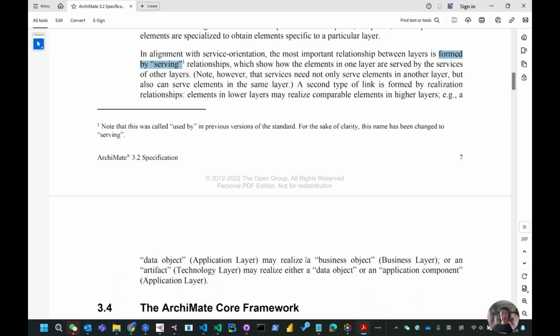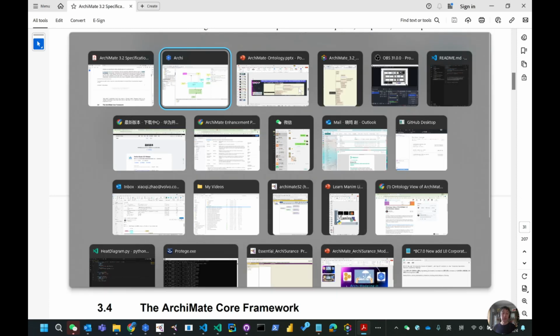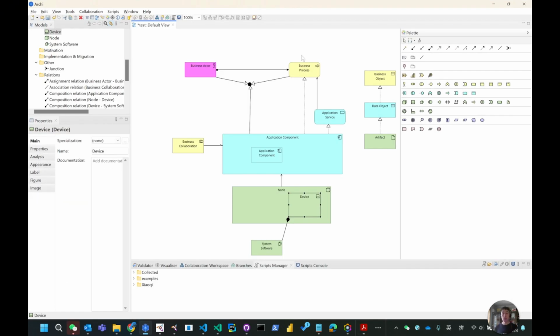I leave that paragraph for you to read because it's just a sample to show you that if you are trying to make those notations link, you can primarily use this serving. You can see from an application service I can use serving to the business process. From a node, I can use serving to the application components. Serving is quite